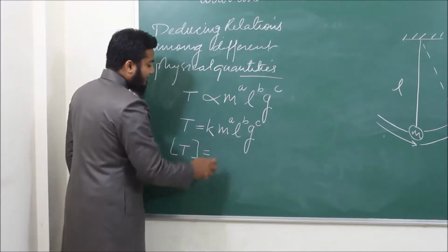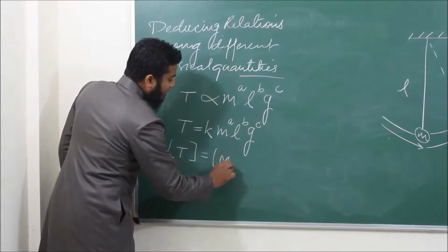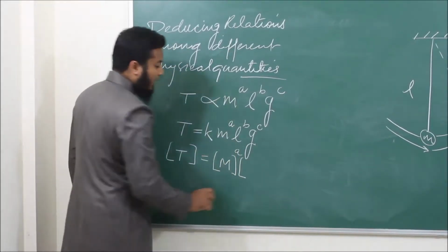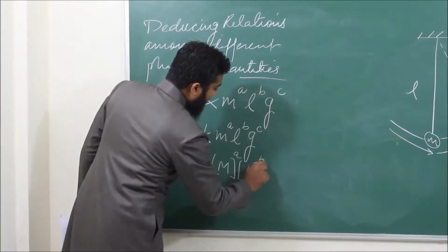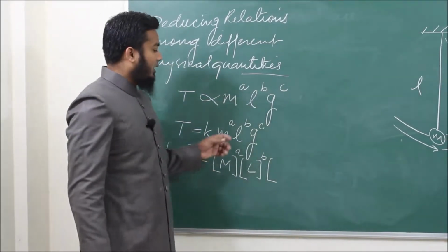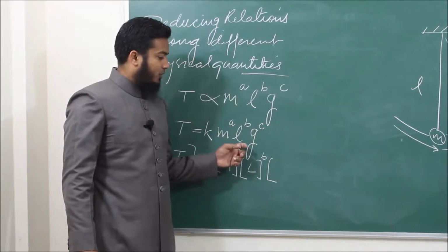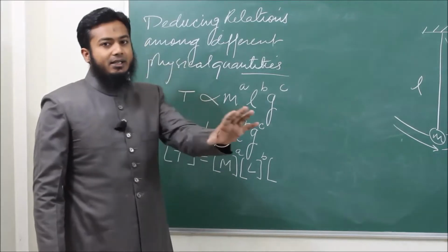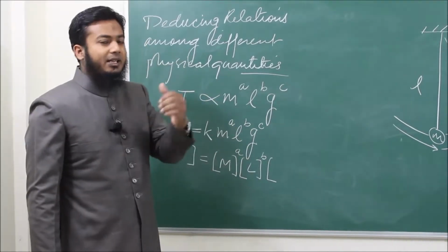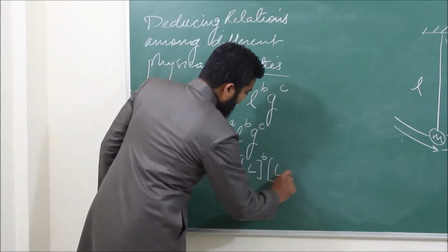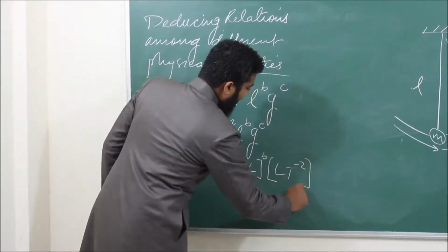So m raised to some power a, and this is length, so L raised to some power b, and this g is gravitational acceleration. It is due to gravitational force of Earth, so we have written a different symbol. Otherwise this is just like any other acceleration. Dimensionally it is simply any other acceleration, and the dimensional formula for acceleration is L t to the minus 2, and the whole raised to